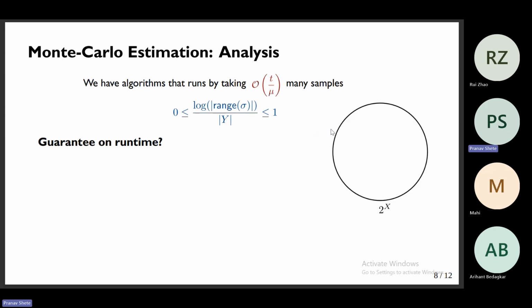To do that, we have to do a small trick on the input space. So let's say that this is the set 2 to the s, the set of all possible assignments to the input variables. And we partition it into two parts. Let's call them S1 and S2. S1 contains all those elements for which the number of solutions, the number of elements it can map to, is less than or equal to 1. S2 is the set for which the number of elements it can map to is more than 1. So now if you pick elements only from